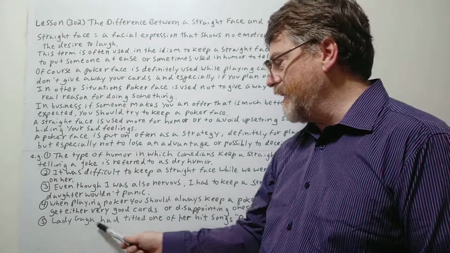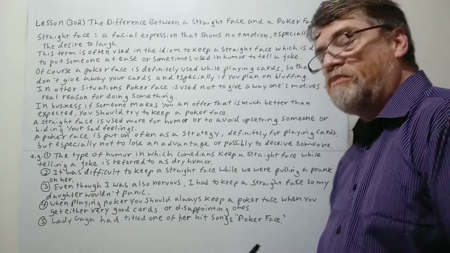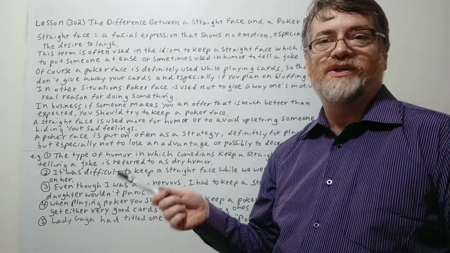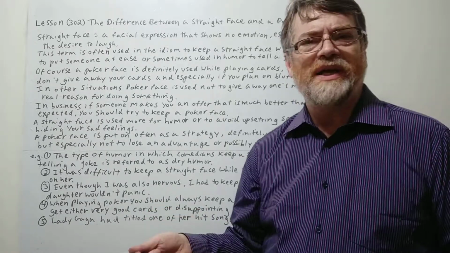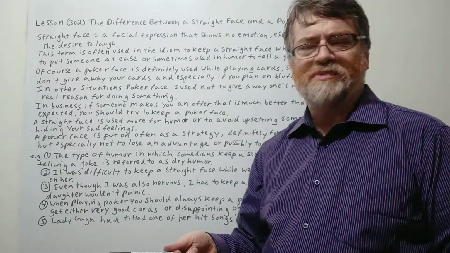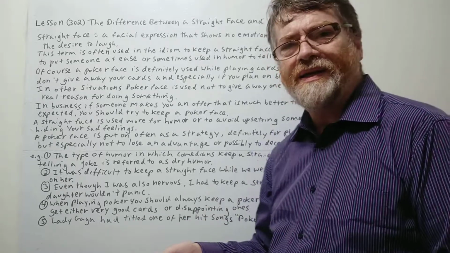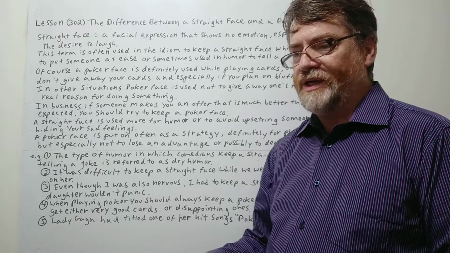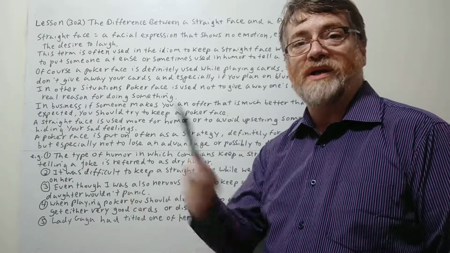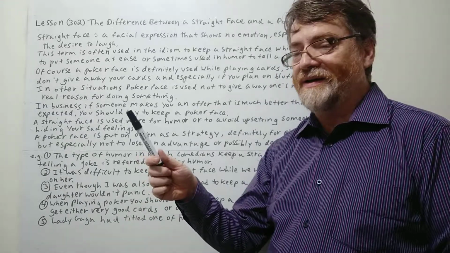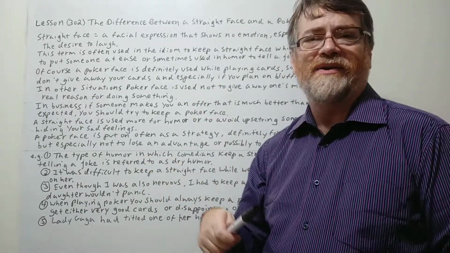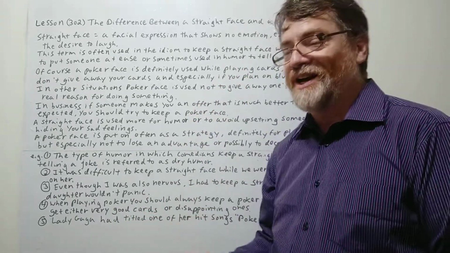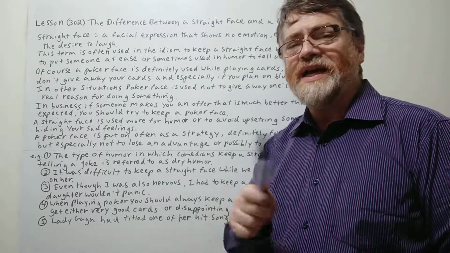And number 5, Lady Gaga had titled one of her hit songs Poker Face. Yeah, I did try to look up and see about why she called this song Poker Face, and she gave an explanation kind of like this, where it's partly dealing with her bisexuality, as she said, that maybe if she is making love with a man, she might really be thinking of a woman while she's making love with the man, and she has to keep a poker face so that he doesn't figure out what she's really thinking at that time. So anyway, that's what I read. So that's actually deceptive too.